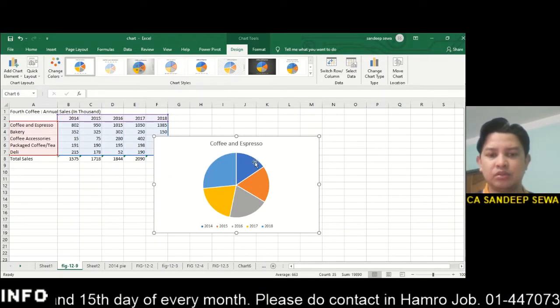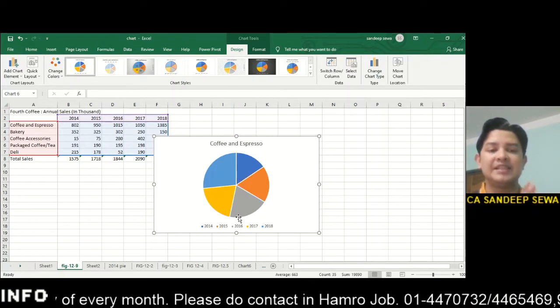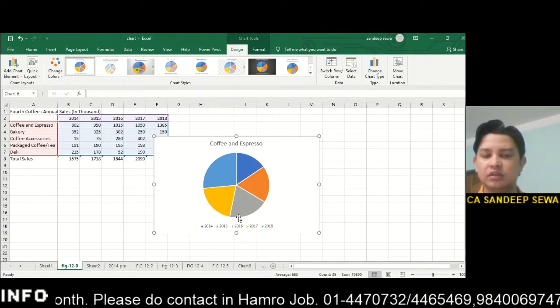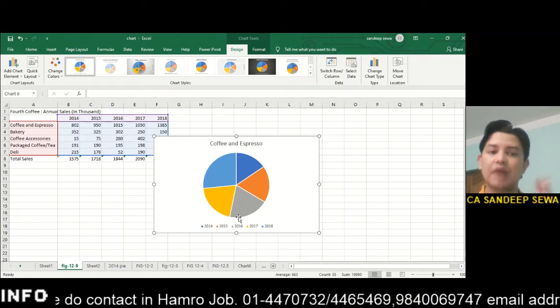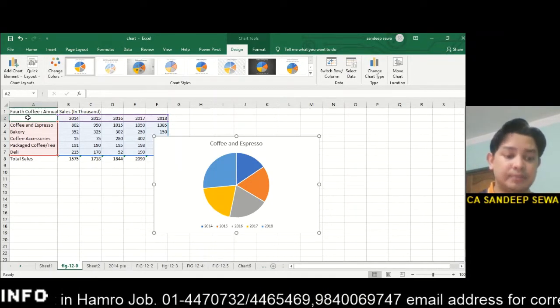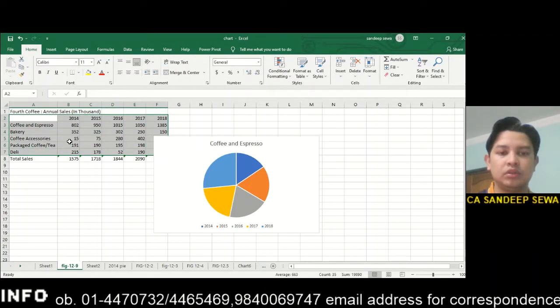Coffee espresso? Nothing. Based upon my selection, is this pie chart giving me the right presentation, the right graphic? You have to think about whether the pie chart is useful for this type of selection.